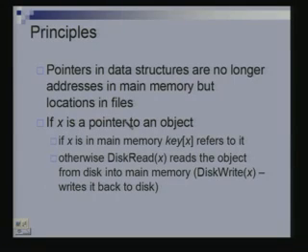If it is referring to something in the main memory, then you can go and get it at that particular memory location, but if it is referring to something on the disk, then you will have to do something. Let's use the operation disk read to read a particular data from the disk, and disk write to write back data. You will have to use such kind of operations to be able to access that data. I will come to what key means in a short while. So, one big problem is that the pointers now have to be translated suitably. If your pointer is just pointing to a memory location, then it is easy, you can just get to the memory location and do your job.